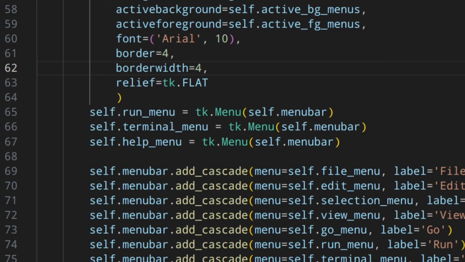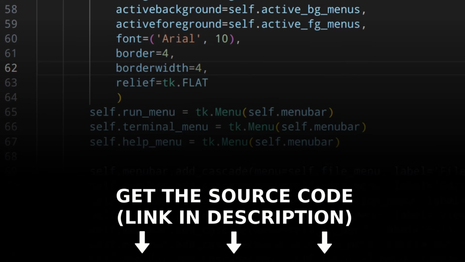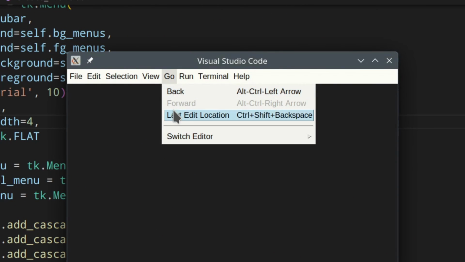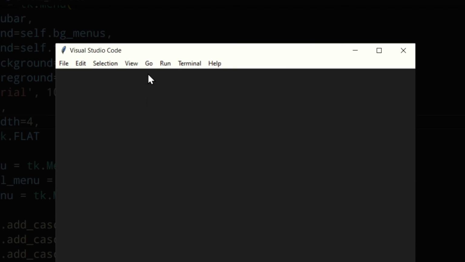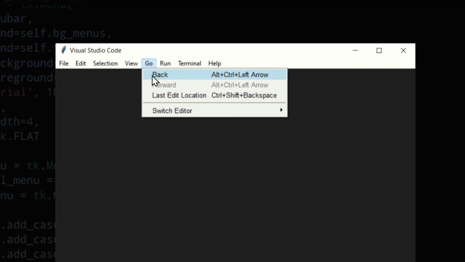At the top and the bottom, nothing changed, but on the left, the padding decreased as I increased the value of the border until we reached around 25, 30, and then no padding at all. From that point on, you could have border, let's say 100, and you wouldn't see anything different, which is quite weird, but that's how it works. So I've decided to keep the border 4 that works on Linux and it looks good on Windows as well. This is what it looks like on Linux, and you already saw that. And this is what it looks like on Windows. You should see now on the screen.